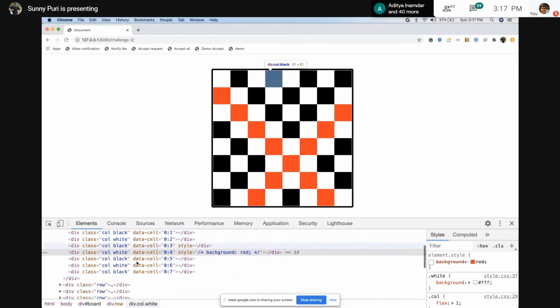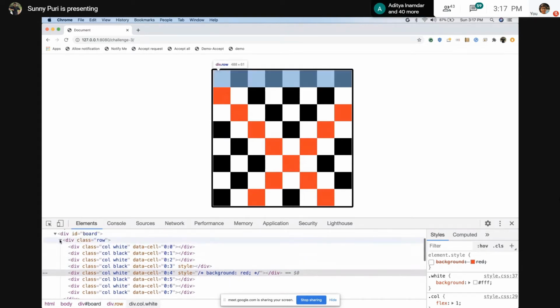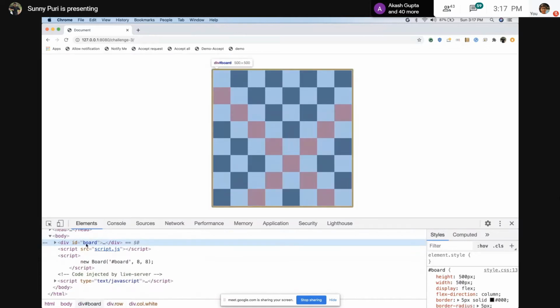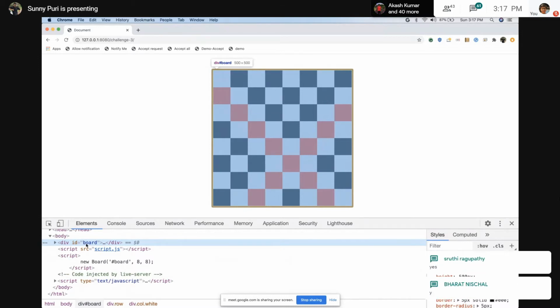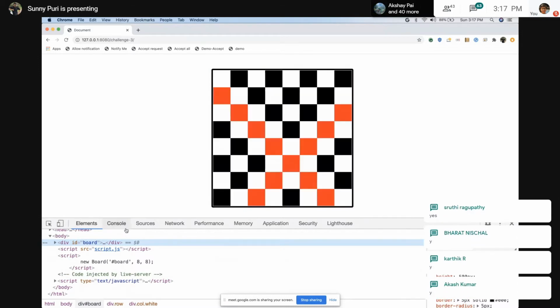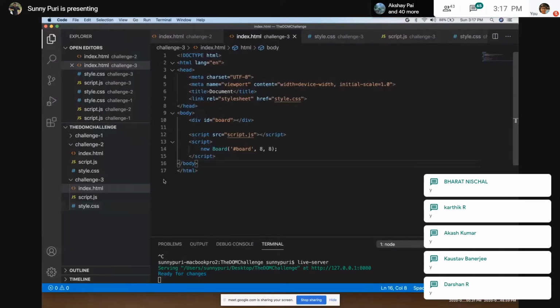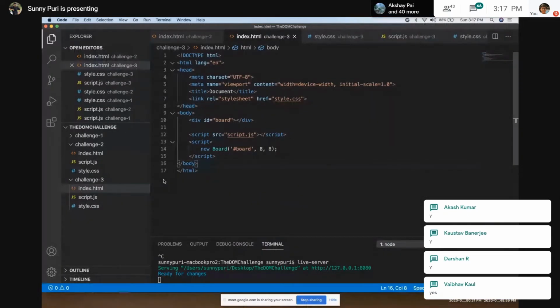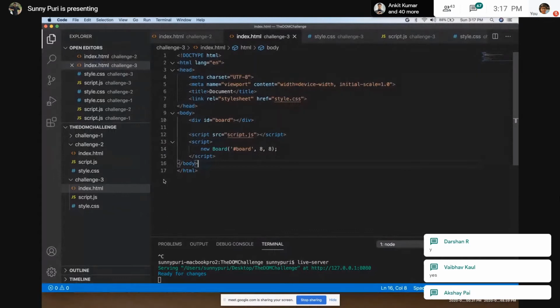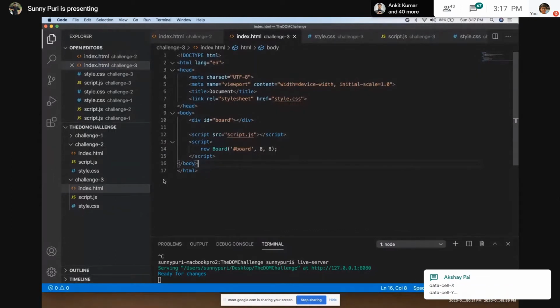Let's see how we have created this DOM. First we will see the board creation part, then we will see all the event listeners. This is clear, guys. Till here it is clear what the expectation is and what we want. Great, so let's move to the code. Suppose you have to create a chessboard utility, and you want to export it.